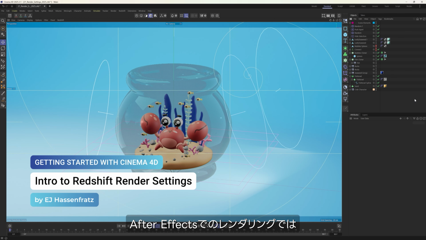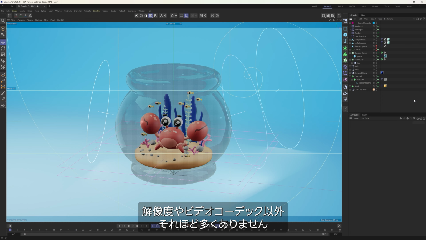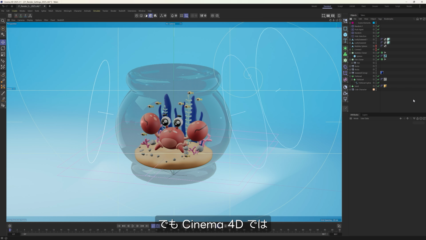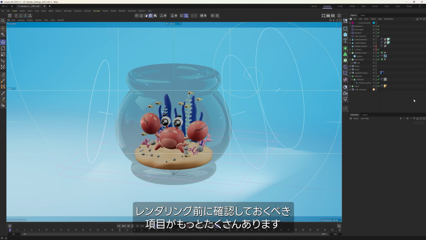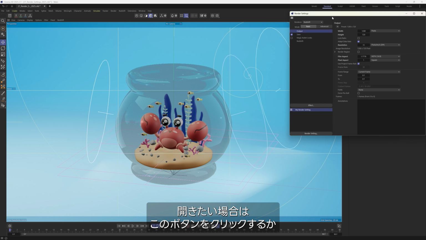When rendering in After Effects, there's not a whole lot of render settings to keep track of other than, say, the resolution and your video codec. But in Cinema 4D, there's quite a few more things to pay attention to and check before you render. And if you want to go and access your render settings, we can click on this button right here or